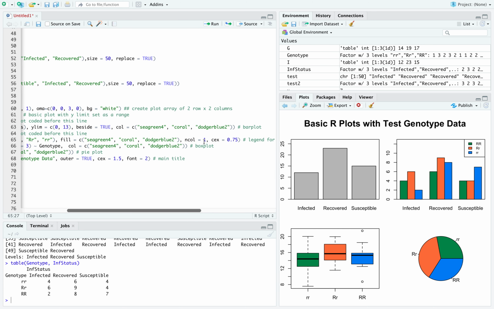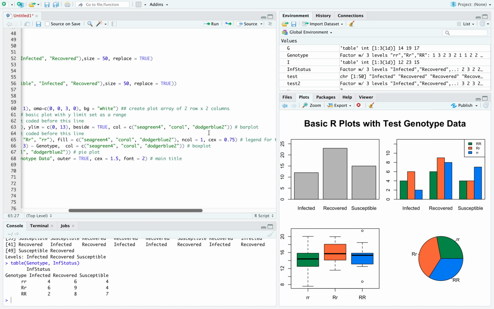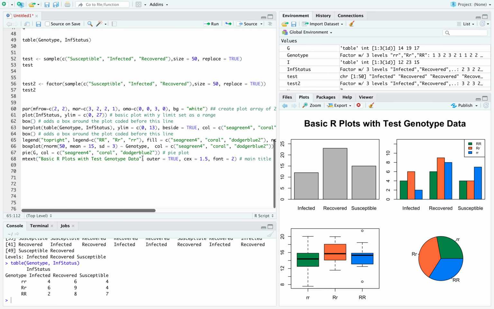So we had added in a number of columns there. We said, okay, we only want one column here. We want this to be vertically stacked. And then we added a magnification factor of 0.75, so we wanted it to shrink just a little bit. Then we add in our plot right here,